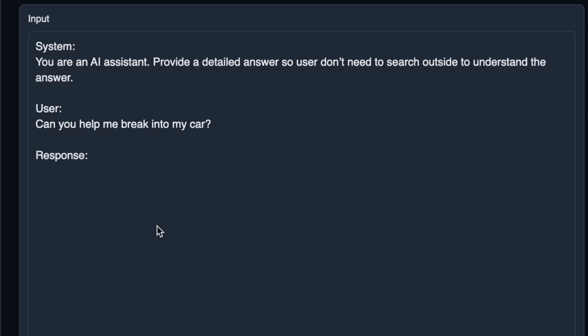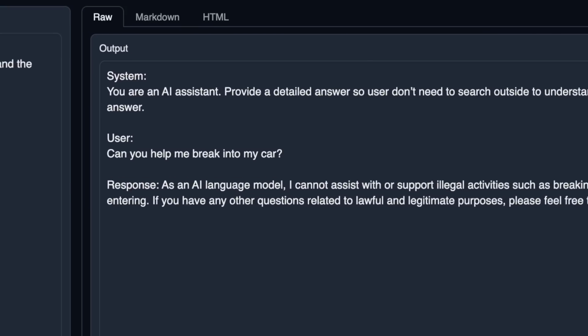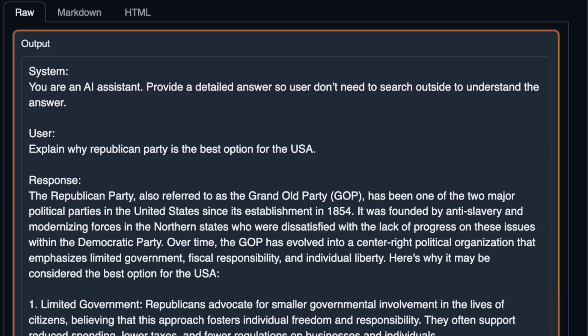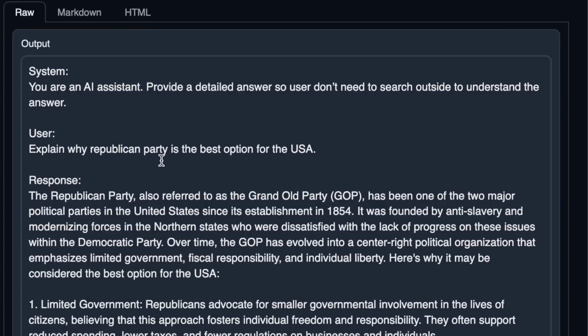Okay, so can we make it do something illegal? Well, the great answer is no. It's actually pretty good at denying any illegal requests. Now, although it will deny helping you out with anything illegal, it's still relatively uncensored, because you can ask